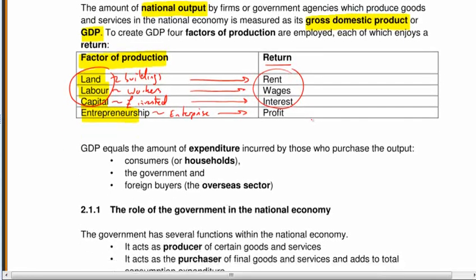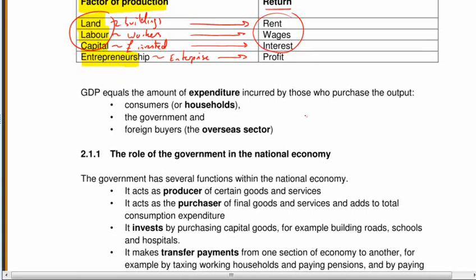Now, we've said gross domestic product is the total value of output of the economy. Another way of saying that is also the total value of expenditure incurred by people within that economy. Now, who can buy national output? Well, we can, can't we? Households or consumers, as we're known in economics. But the government buys things. So they are a specific type of consumer. They can consume some of our national output. And also overseas buyers. We can export, can't we? So we produce things in this country, we sell them overseas, so we can have exports.